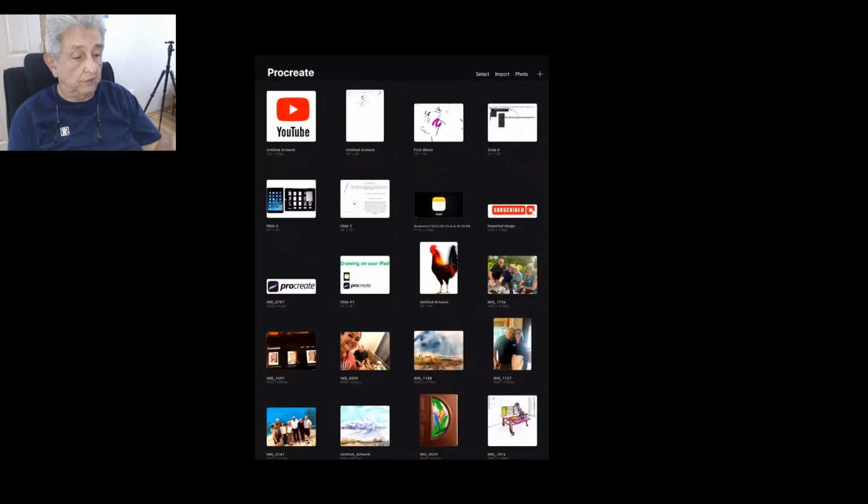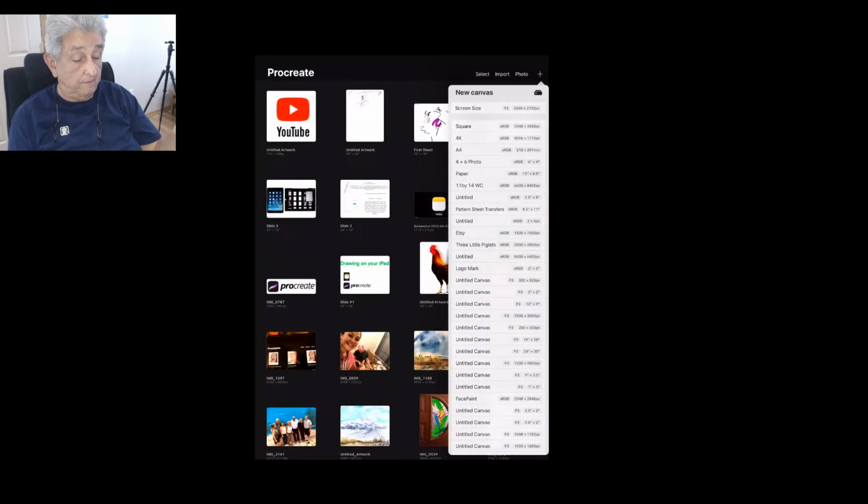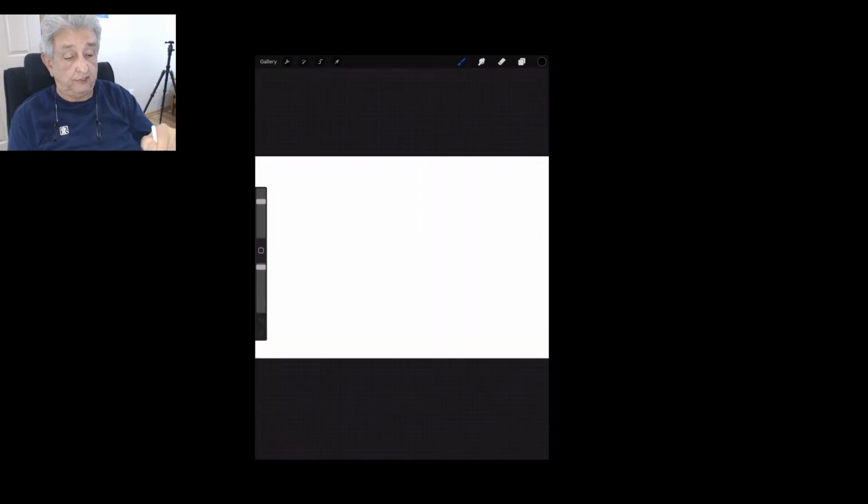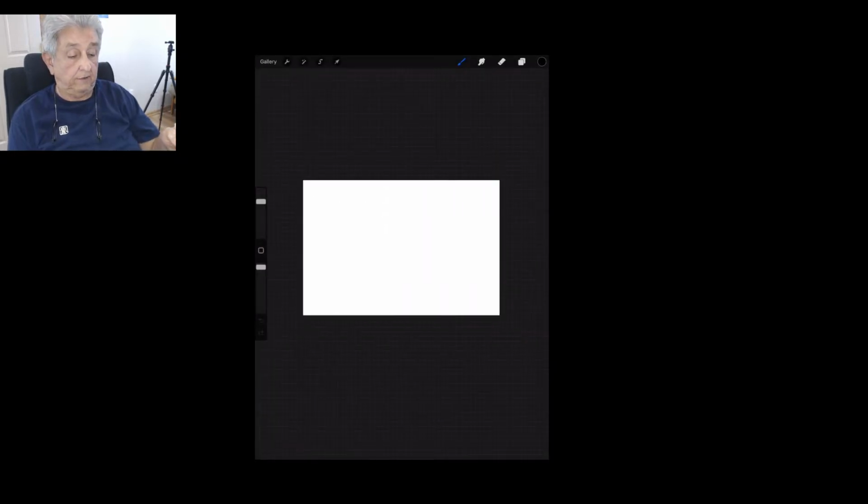So you can come over here on the screen, you can click plus, and down here you see all these different sizes, and it's because I put it down. So for example, I could set that to be a 4 by 6 inch canvas. So, 6 inches this way,